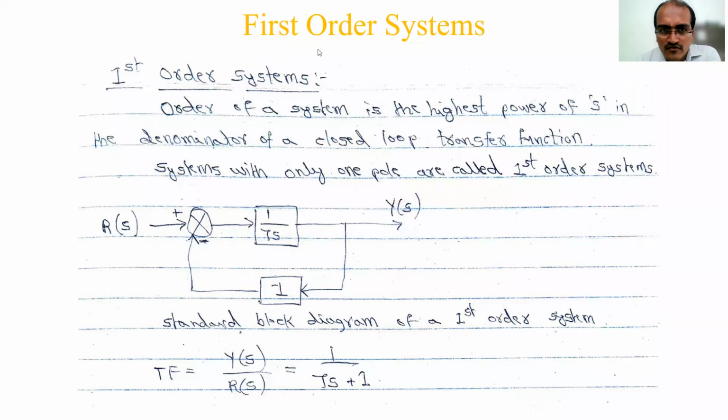In the previous session, on time domain analysis, we discussed natural response and forced response, steady state and transient response, and then various standard inputs. Just to recall, in the previous modules we tried to build models for control systems, and one of the famously used models was the transfer function model.